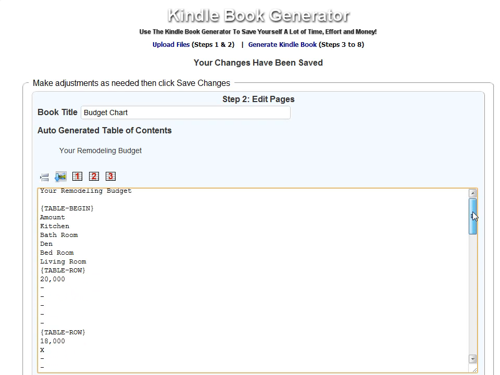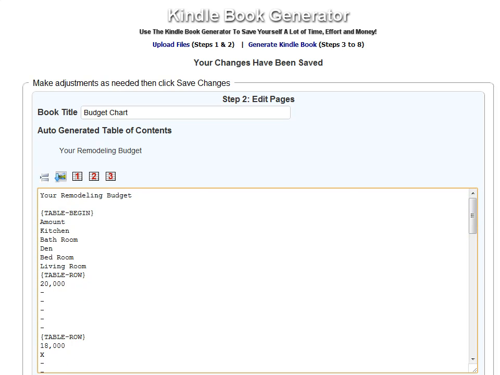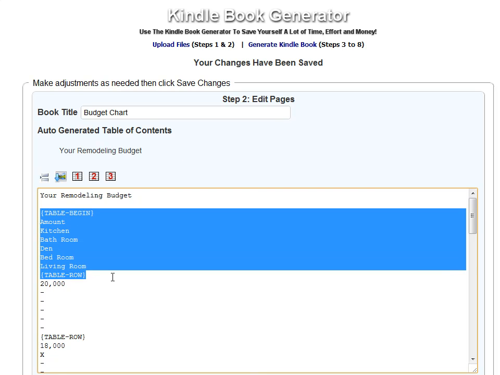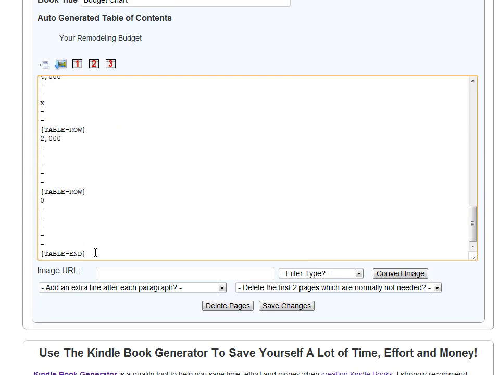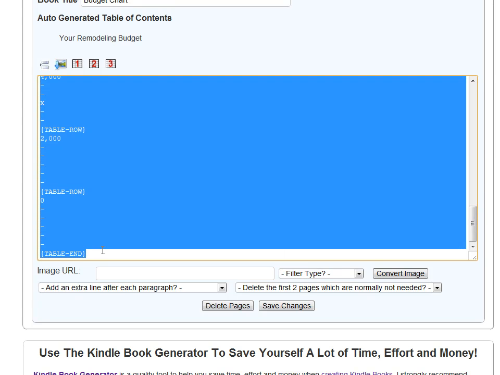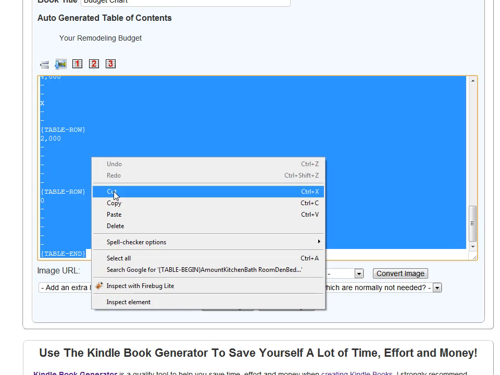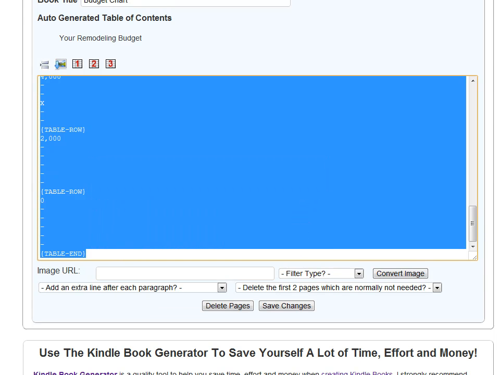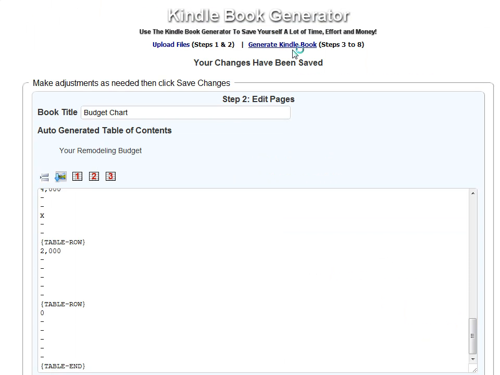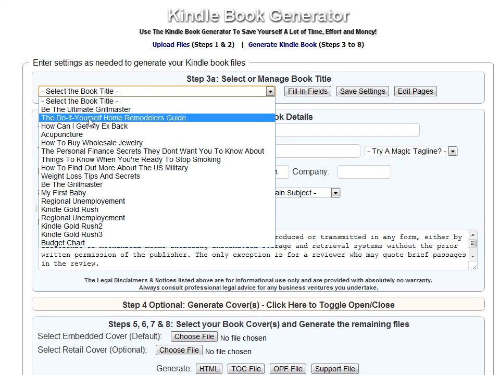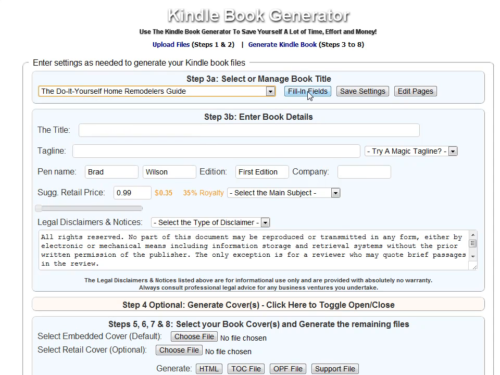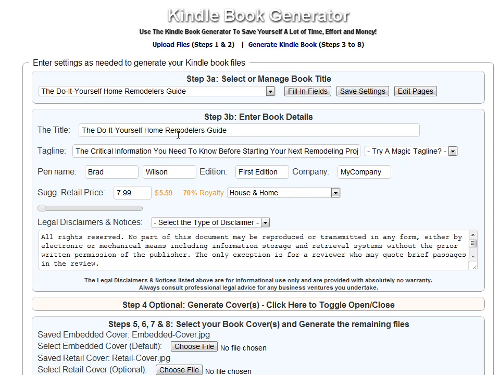But what I want to do instead is go ahead and edit this. I can generate a Kindle book out of that, but this is just a demonstration. So what I'm going to do is copy this to the clipboard, either cut it or copy it, whatever, and then go back up to generate Kindle book, and select the do-it-yourself home remodeler's guide, fill in the fields, and it should come up with all the correct information,